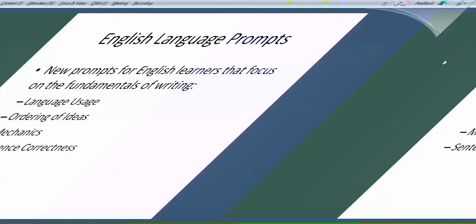One of the other areas that we've spent a considerable amount of time enhancing